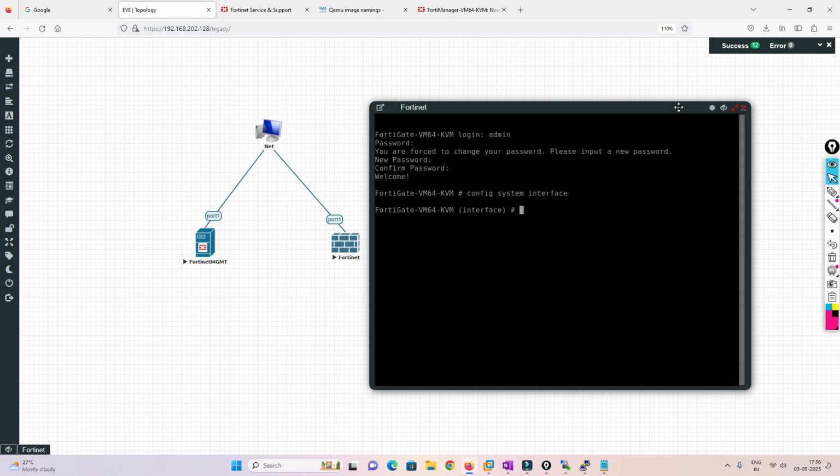Configure system interface, edit port 1, and we have to set the mode as static because it will be in the DHCP mode. Set IP 192.168.202.181, 255.255.255.0,